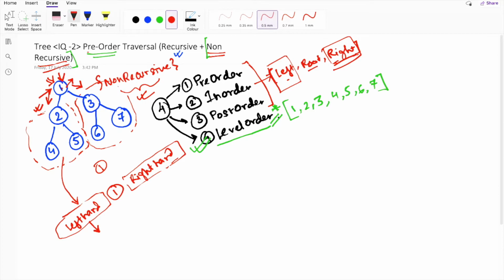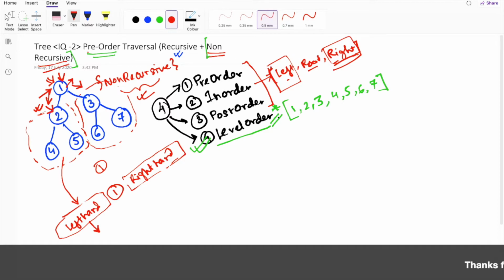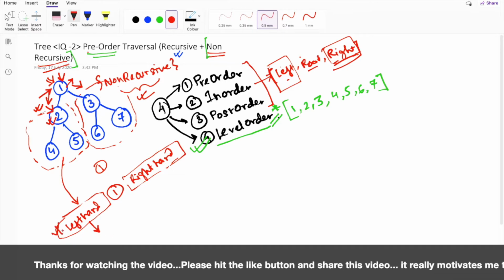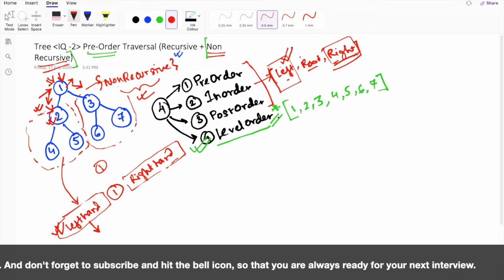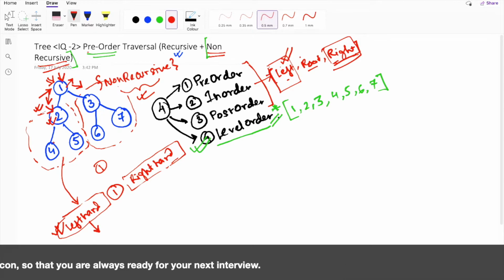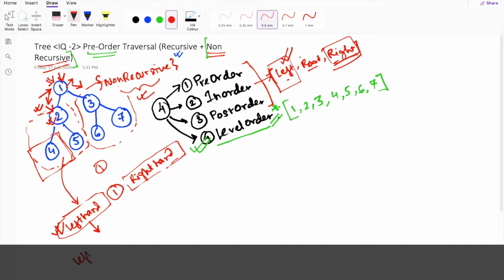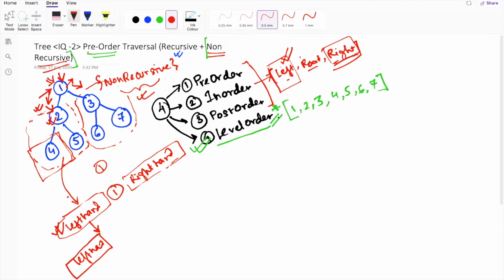Now we will go to the root node of the left hand side, that is node 2. Again we will follow the same rule of left, root and right for this node. If I expand the left hand side of this root node 2, the solution will be something like this. Here we will check what is the left hand side subtree over here. For this, the left hand side subtree is this one. Here we will again print the left hand side, and then we will print the root node, that is 2, and then we will print the right hand side, that is this side of the tree.